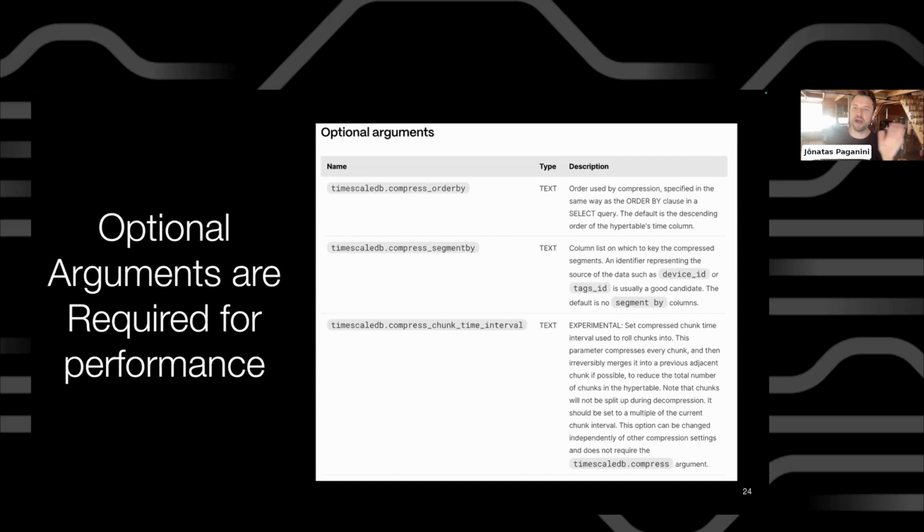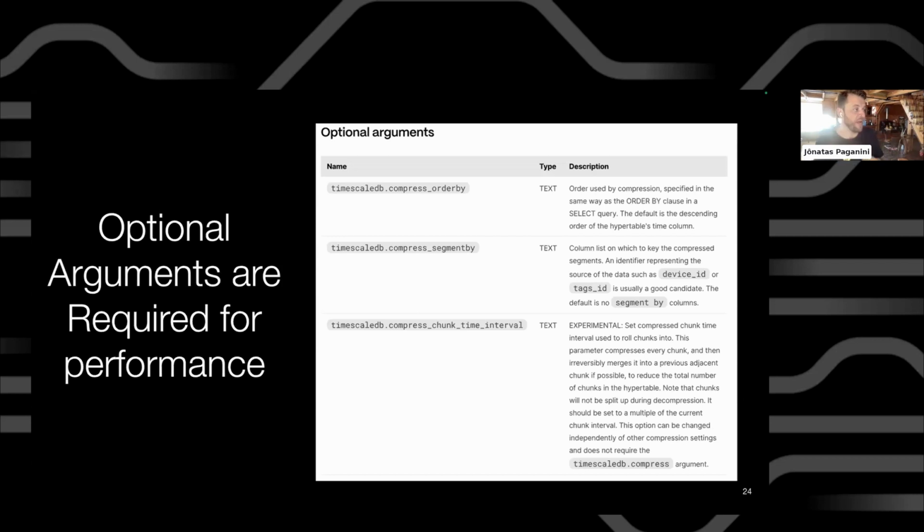Let's say, for example, you have a generic table, like a narrow table, in which you have metrics from several sources. Let's say, for example, we are talking about market data. If we have a table and we forget to compress and segment by the symbol, we are not going to be able to get good deltas between the prices